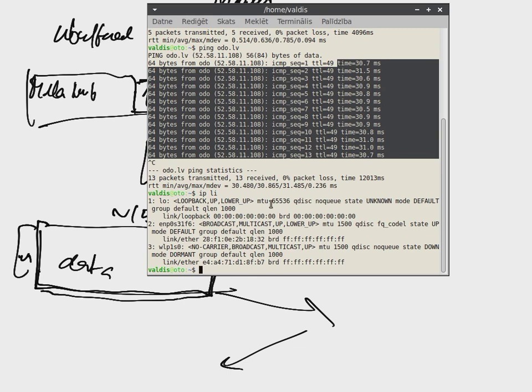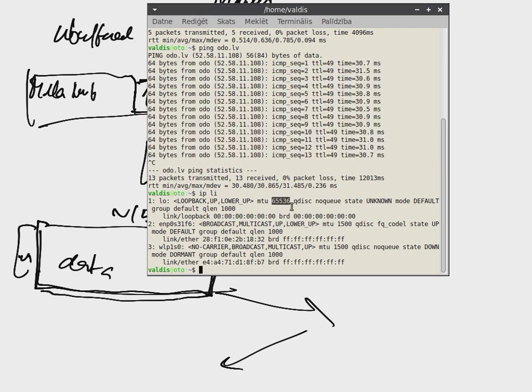MTU, where do we see MTU? Here. For example, for localhost interface, the maximum transmittable unit is 65,000 bytes. For this network card, the maximum transmittable unit is 1500 bytes, and that's it.